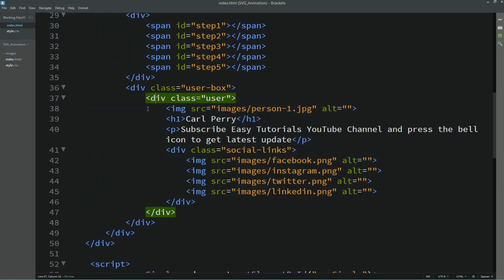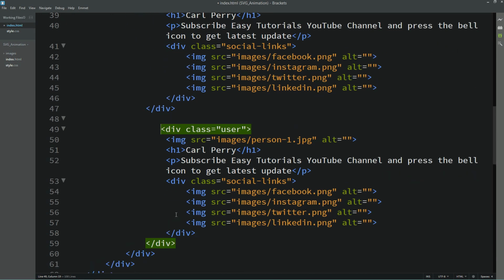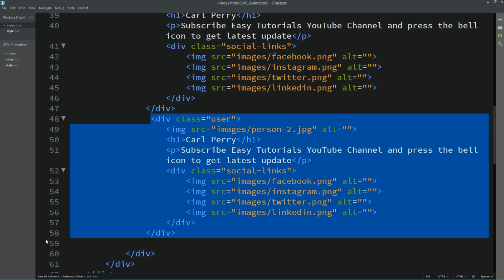So similarly we will add more users here, so just come back in the HTML file and copy and duplicate it. Change the user image. Let's duplicate it again.